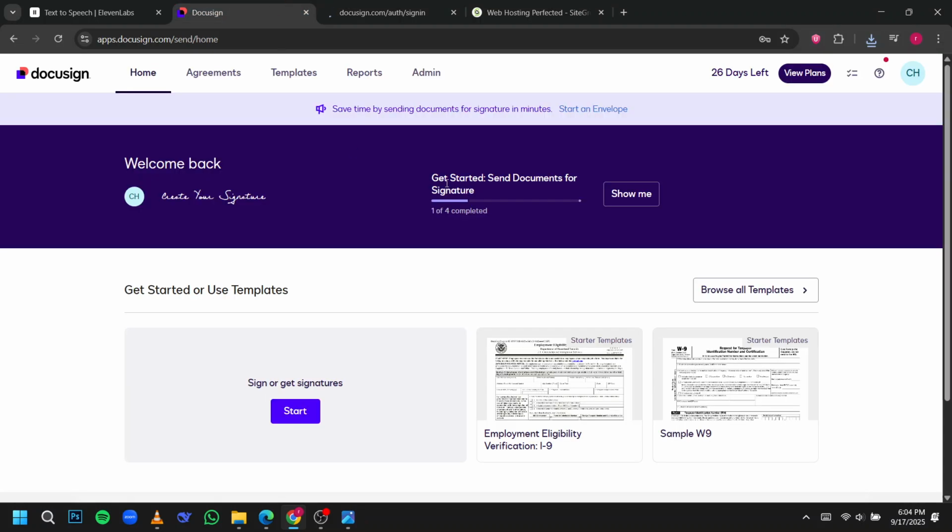After entering your credentials, click Login. You'll be redirected to your Docusign CLM dashboard where you can manage documents, send agreements for signature, track pending agreements,